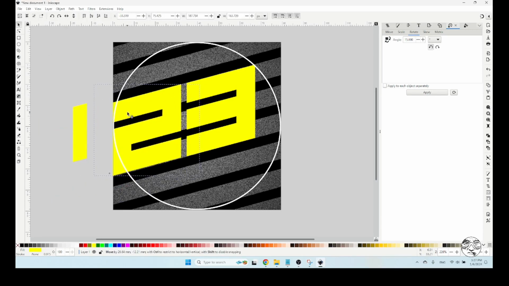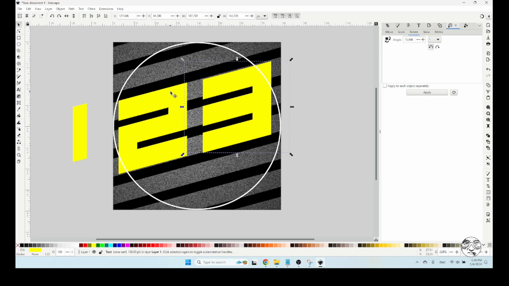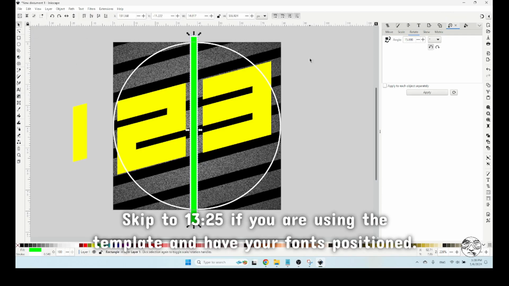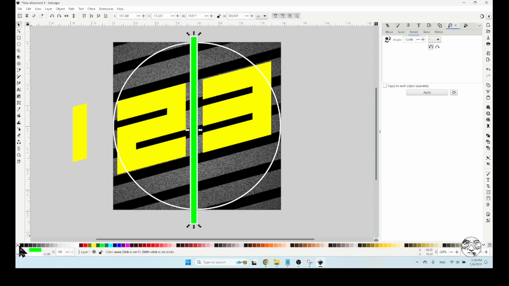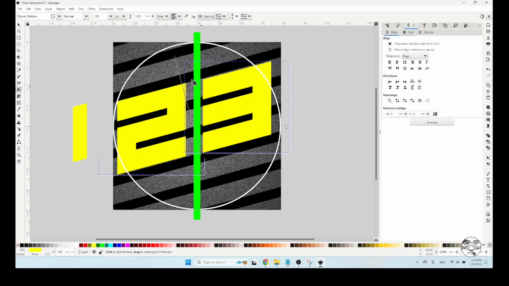Now we need to figure out where we want to put these so they match and they're kind of centered. If I center them exactly right, and to do that, I'm going to make a rectangle here, and we're going to put a rectangle down the middle to kind of center that. You can kind of eyeball that size. I'm not going to tell you what size to make that, but that's going to be the space between my letters. I'm going to go back to my align objects, and that's in the center. So if I take these two guys here, and try to move those to match that,